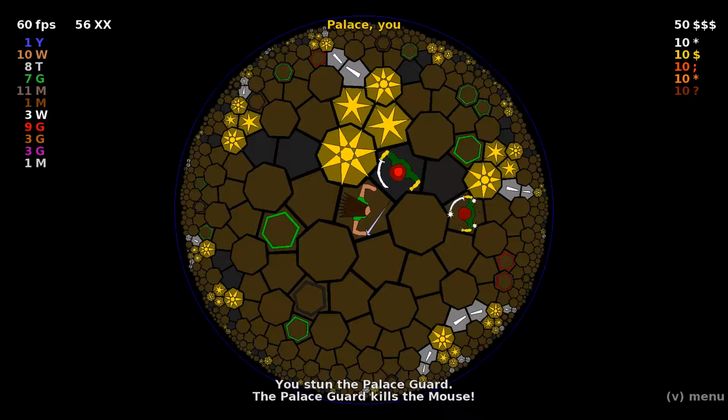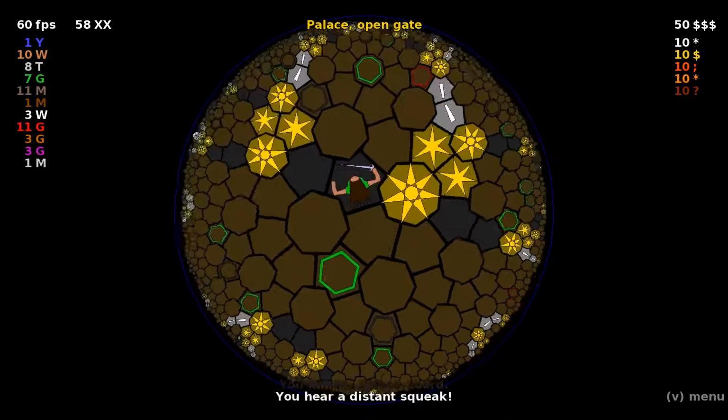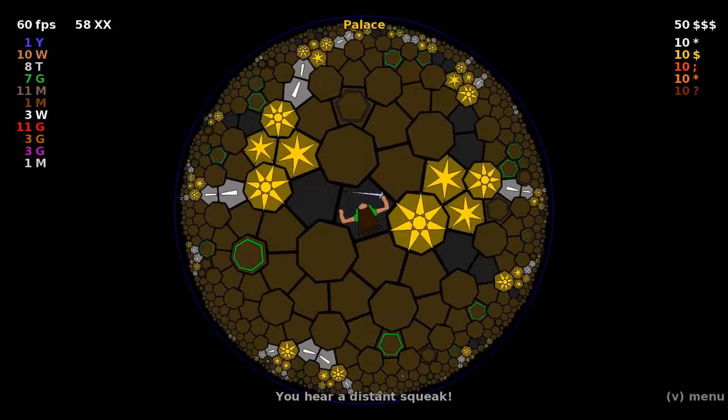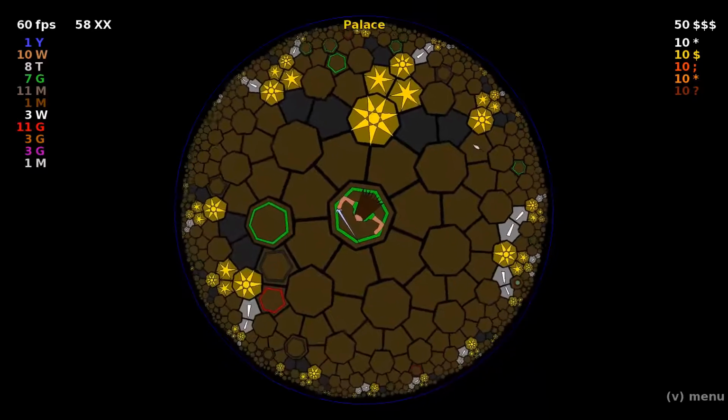Oh, the palace guard killed the mouse. So we no longer have a guide and don't know where we're going. And so we may actually... Oh, I saw a blip over this way. There we go, there's another mouse. Once again, it's behind some doors, but...